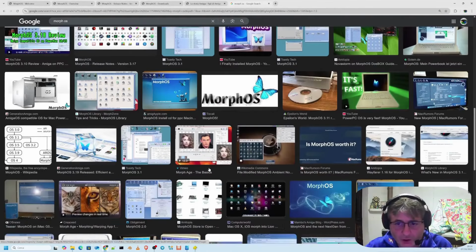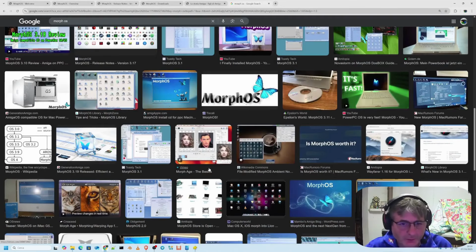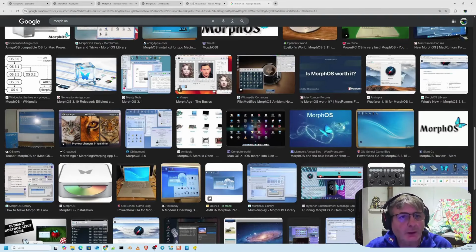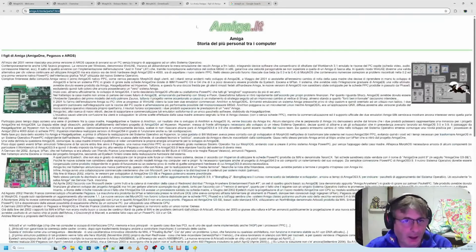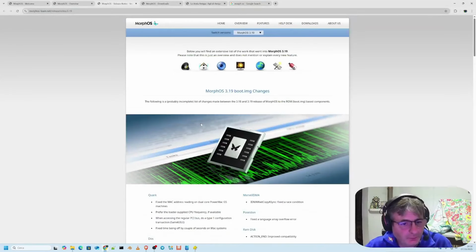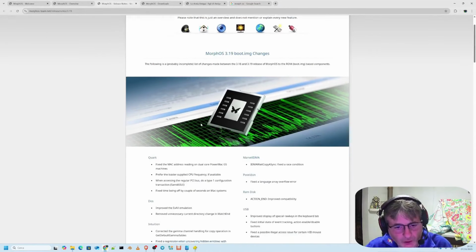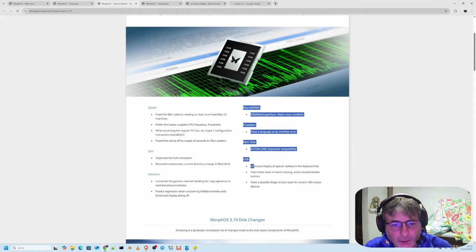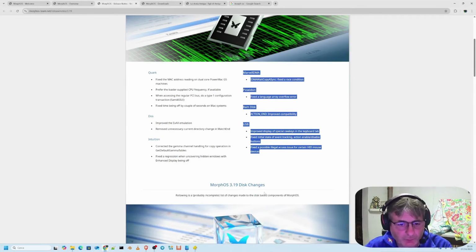Other notable features I have read about include that it's quite stable, which is indeed very important, so system crashes are not a common occurrence at all. And as it's often described, I just read it here in fact, it offers an undeniably excellent and highly satisfying user experience. Here are the various features, which I've already briefly talked about, and here they're presented in much more comprehensive detail. Alright, let's move on to the next topic.